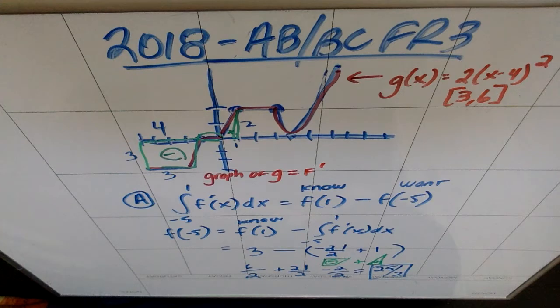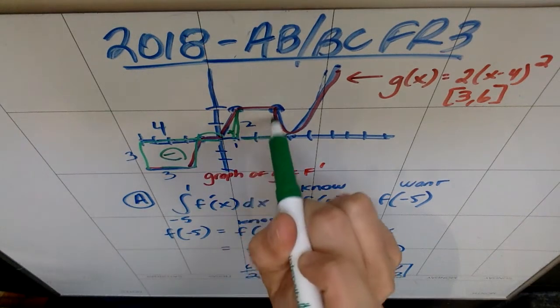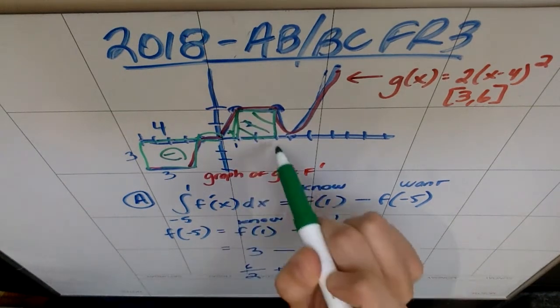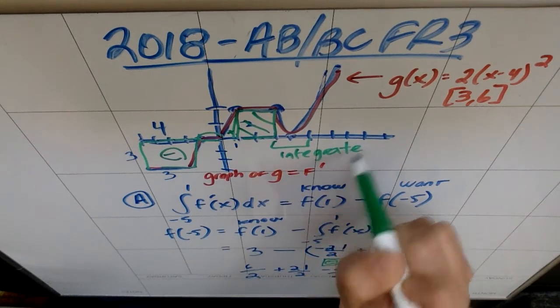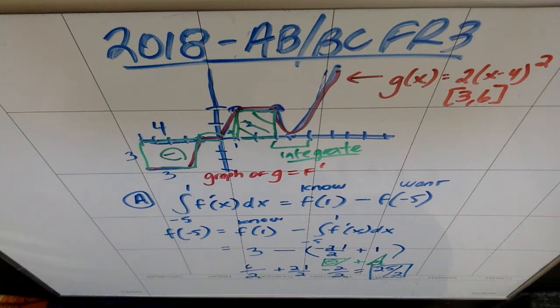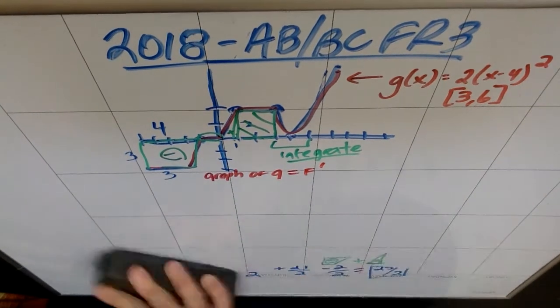Cool. Part B. Evaluate the integral from 1 to 6 of g of x dx. So the part that's tricky is that 1 to 6 is going to involve two pieces. It's going to involve the piece that is this rectangle. That piece is pretty easy, and it's going to involve a piece that we actually have to integrate using our knowledge of how to integrate stuff. So we can't just use area. So we go to do B,